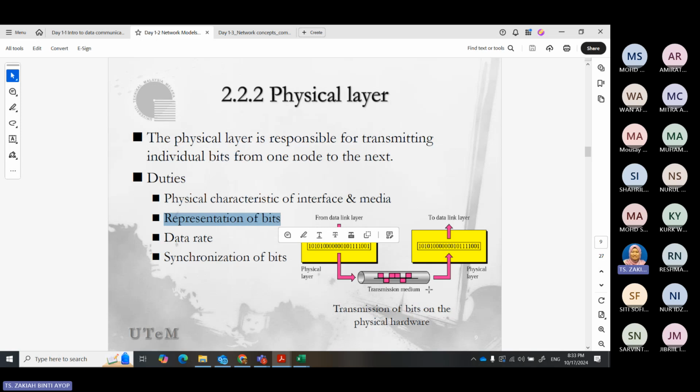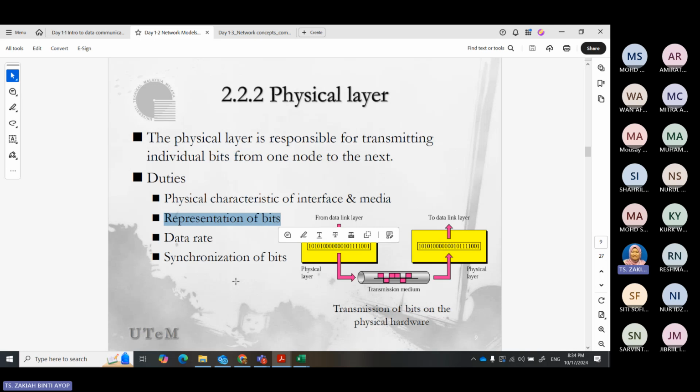Synchronization here means that some end devices are much faster compared to another device, or maybe the other end, the destination, is much slower. So one is faster, one is slower. By the time the destination receives it, it cannot process it because there is a lot of information.